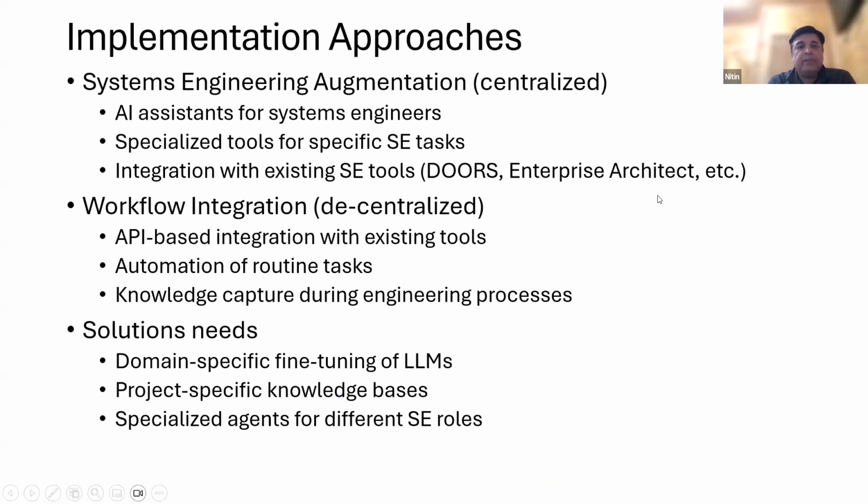All right, moving on. How can we implement Gen AI in a systems engineering environment? There are basically two approaches: centralized versus decentralized. In a centralized approach, you can assume that, let's say, if there's a team of 10, one of the team members is an AI agent. It's a virtual agent. It can be a server or a website, but it has a specific role within the team. So as the team works together, this particular AI agent will perform its role.